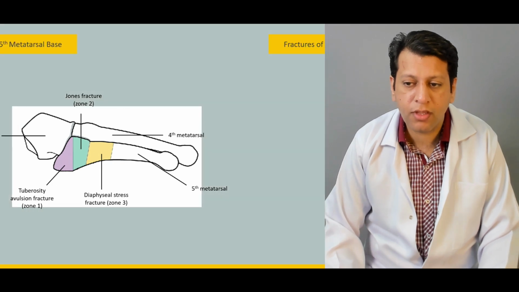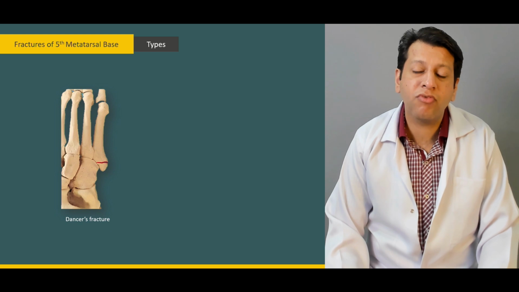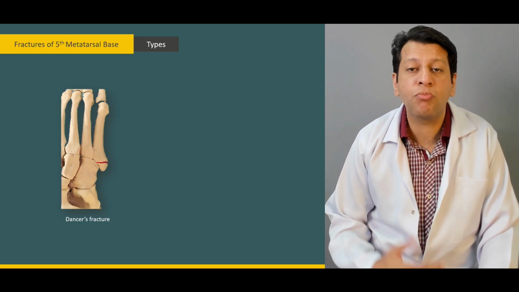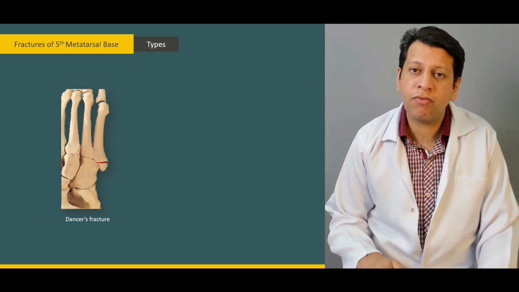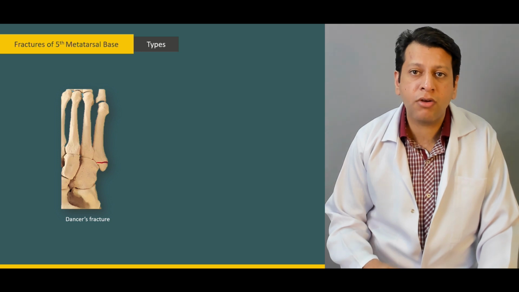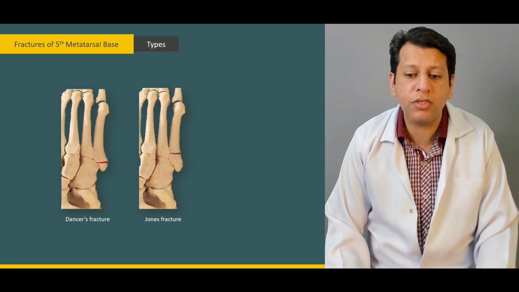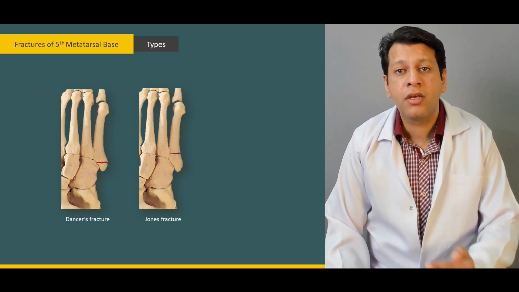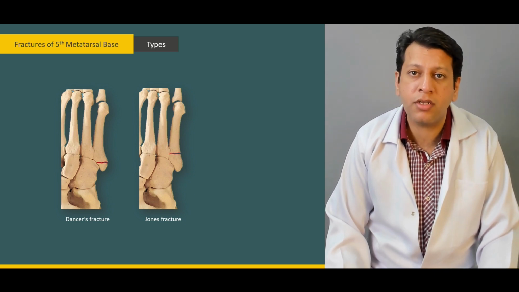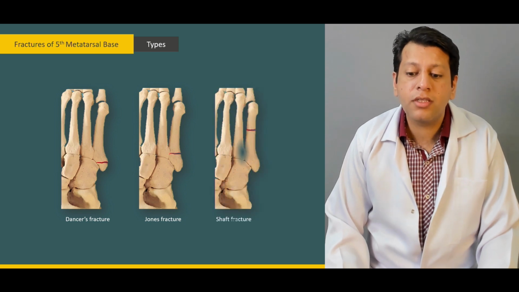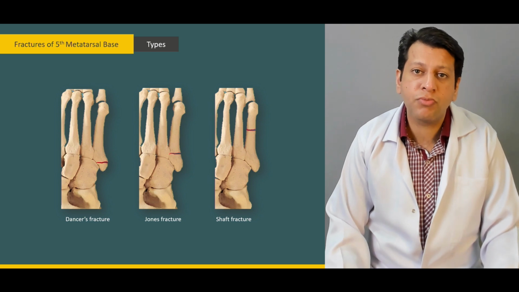but zone 2 must be managed operatively so it does not go into some form of non-union. So coming to the types of fracture, as I told you, this avulsion fracture is called a dancer's fracture, especially as it is more common in ballet dancers, because this occurs when the foot is in plantar flexion and the muscle suddenly contracts, leading to this kind of avulsion injury. Then this zone 2 injury, which occurs at the metaphyseal diaphyseal junction, is usually called a Jones fracture, and it has a high propensity to go into a non-union. Then zone 3 injuries are diaphyseal shaft fractures,